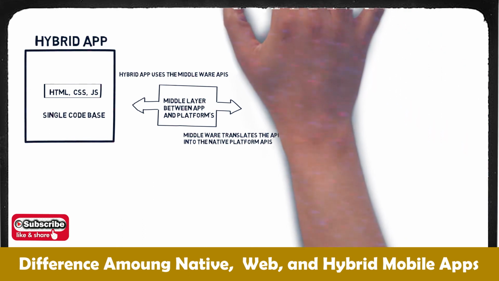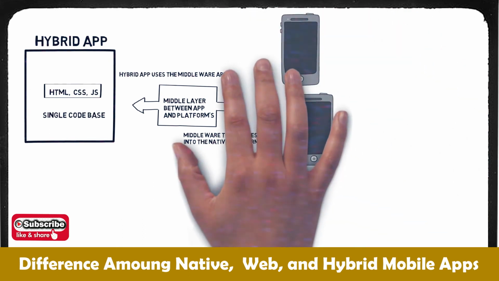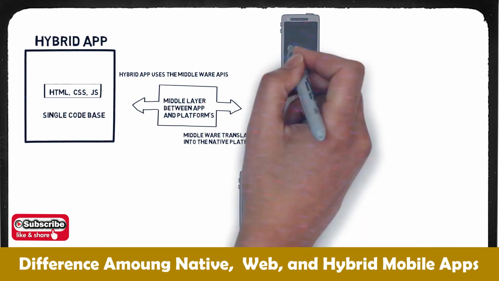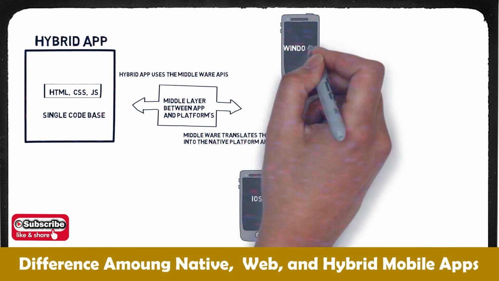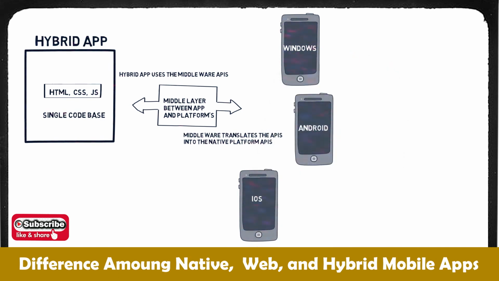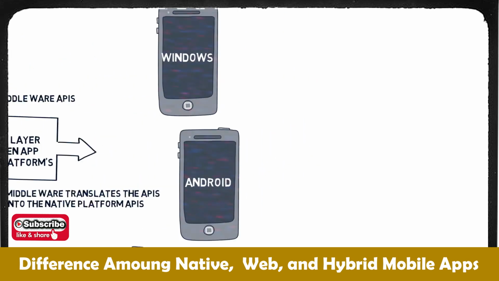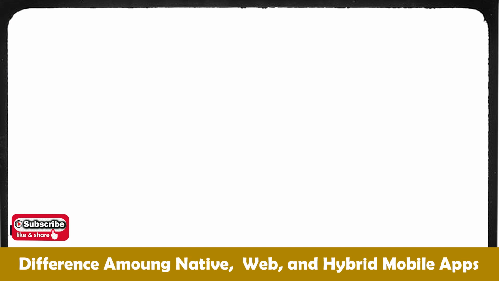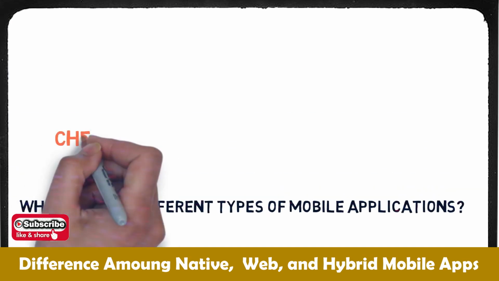So what this means is you can write one set of source code, and it should translate and run on iOS, run on Android, and run on Windows. But don't be fooled by this, because hybrid apps are usually very buggy, slow, and provide poor user experiences. They are cost effective. From my personal experience using a hybrid app, they're sometimes slow to update, so if iOS 9 comes out or Android 6 comes out, they may take a while to get the updates or register with their new APIs, and there's a lot of bugs in between until